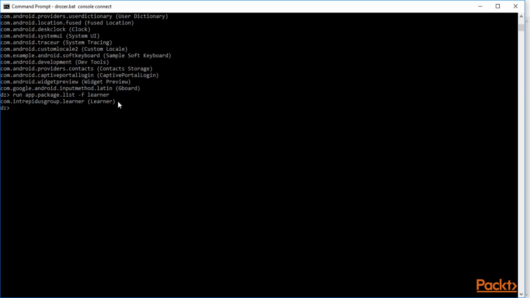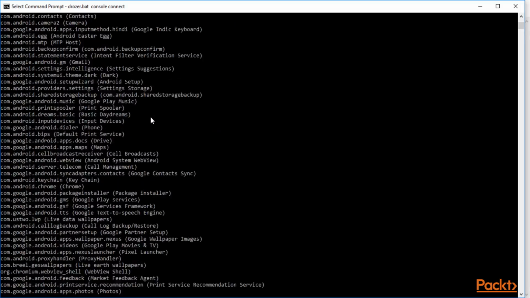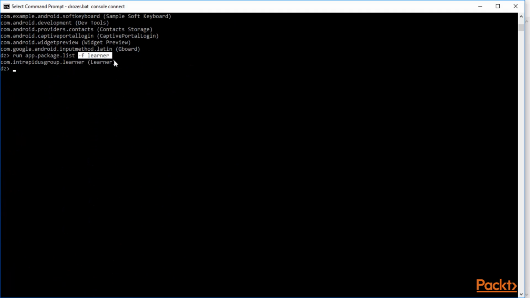You can see it has provided only a single result, because we specified that we only need the package using learner. This is the only package: com.interpretersgroup.learner. So you can specify a particular string and it will provide that particular package, rather than all the packages.